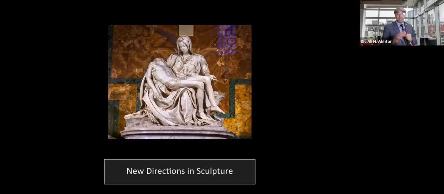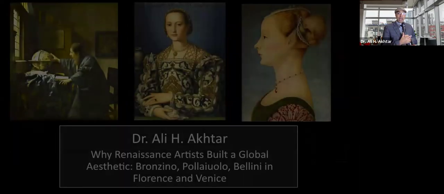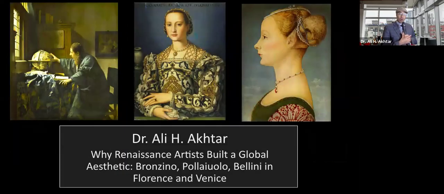And so I think bringing all this together, we're seeing a very interesting era here when the Italians in Venice, Florence, Rome, the painters, the designers, are really building out a very interesting global aesthetic that builds on and is driven by a lot of this cross-cultural exchange linking Italy with the Middle East, North Africa. That also draws on the ancient world, ancient Greco-Roman Europe, Middle East, and North Africa.